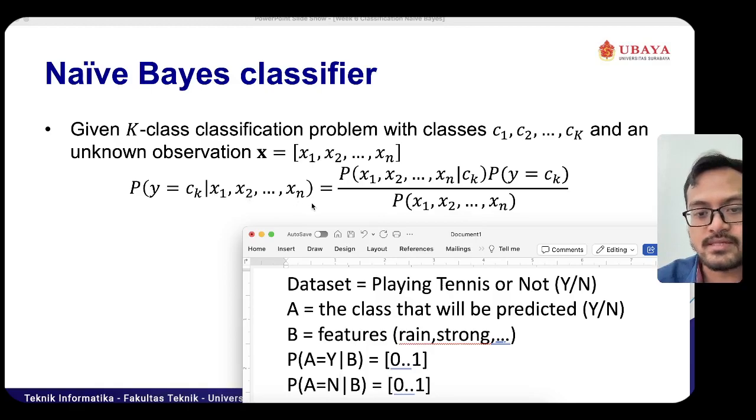P(Y equals Ck given X1, X2, and Xn) equals P(X1, X2, and Xn given Ck), where Ck is the specific class in our dataset, multiplied by P(Y equals Ck), the probability that Y equals the specific class, divided by P(X1, X2, and Xn).